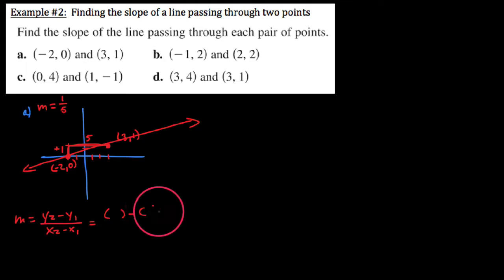So really what you're going to get a lot of the time is just some filling in the blanks. And we have 2 points here. Certainly, we could call this x1, y1. We'll call this x2, y2, but let's start with our change in y values on top. So we have y2 minus y1, or 1 minus 0 here.